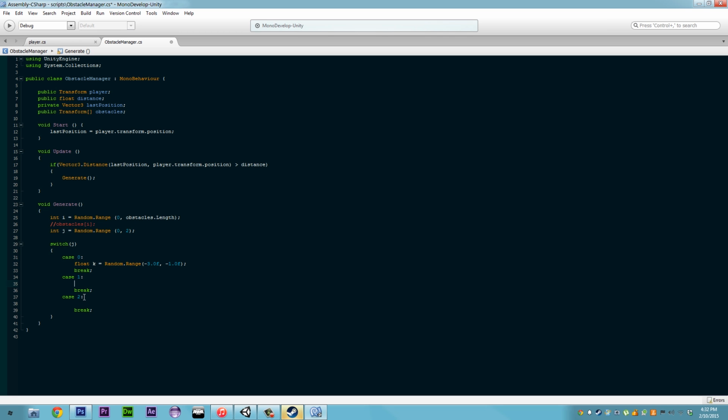We're just going to copy that a few times. So that's going to be L, and that's going to be M. And then we're going to instantiate